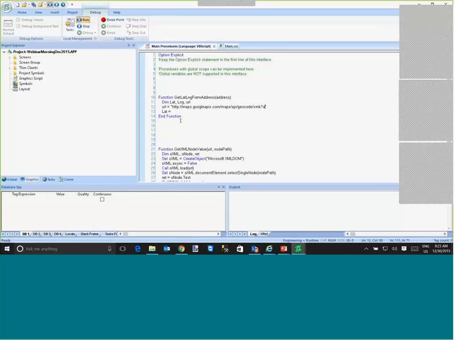And then I pass the address equals to and concatenate whatever address I received in the function. So the latitude should be the value of getXML node value from this URL. And the node path for latitude,